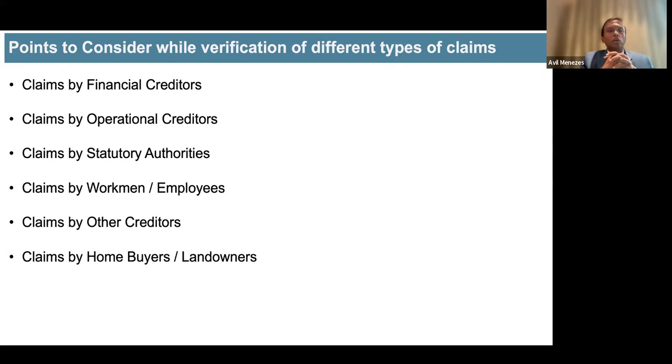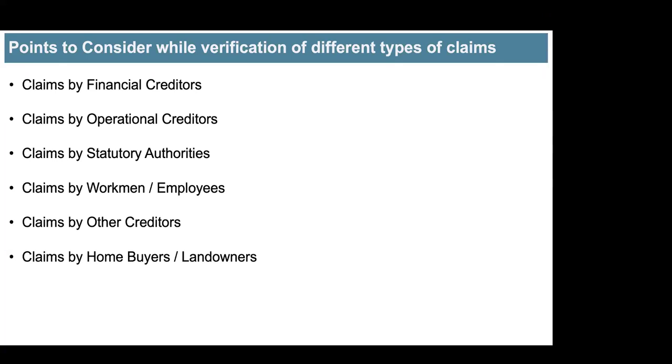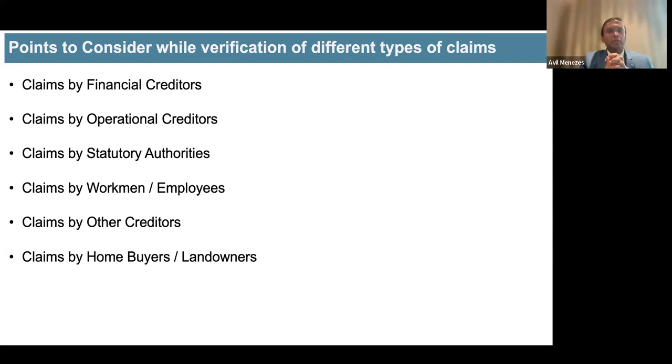Claims by statutory authorities generally. Sir, even in the absence of a main contract for a purchase and sale of goods, will only mentioning the interest portion in the invoice suffice? It will suffice. In my opinion, it will suffice. We've been accepting it. There is some document which shows it, and that document has been accepted, because once the goods have been accepted, that means all the terms and conditions of that PO or that invoice have been accepted.